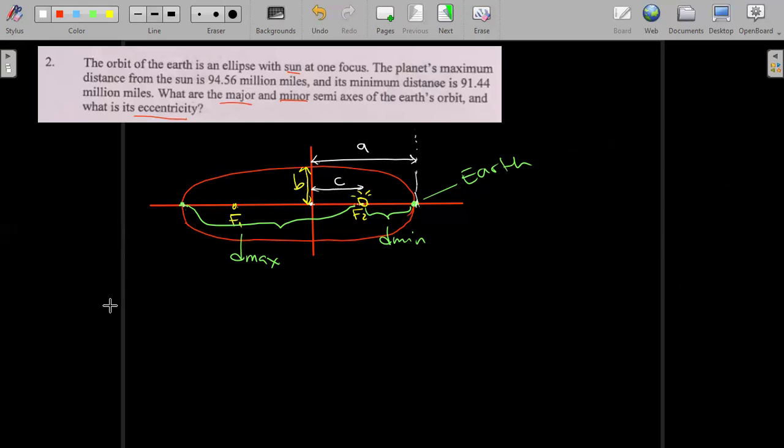So we're going to say that C, so we first find C here, such that we have A and B. If we have A and C, then we can easily find the B which we want. So observe here that our C, the distance from here to where that focus is, or the distance from here to where that other focus is, you see that